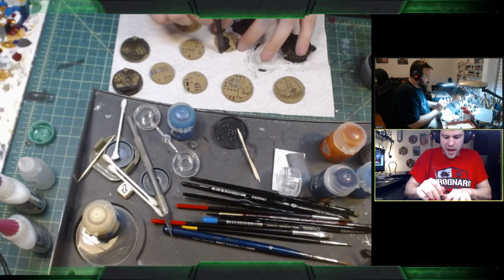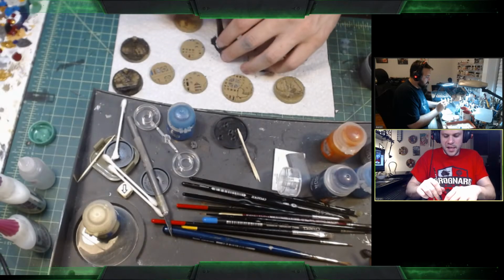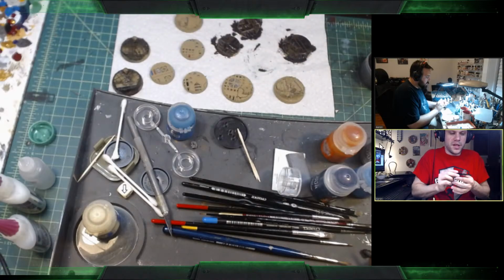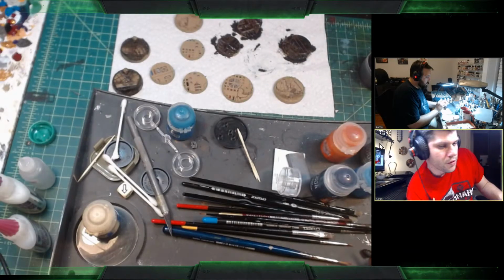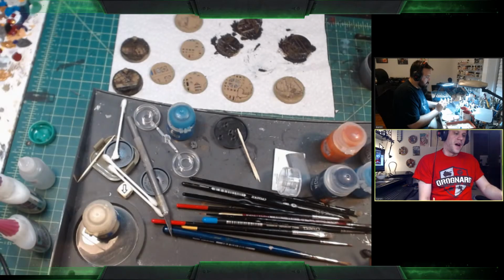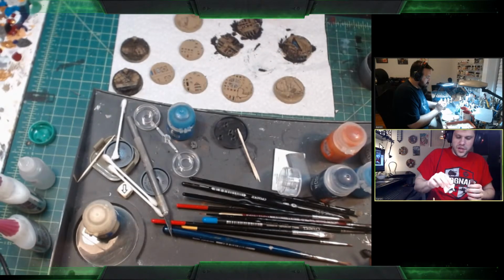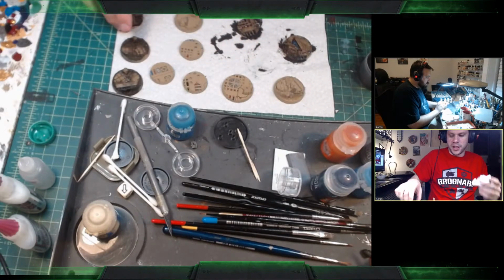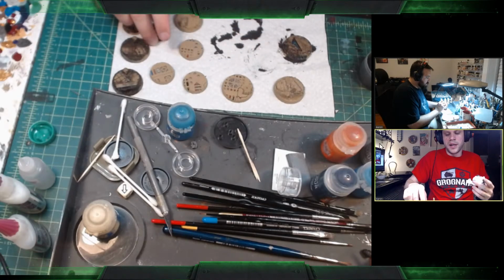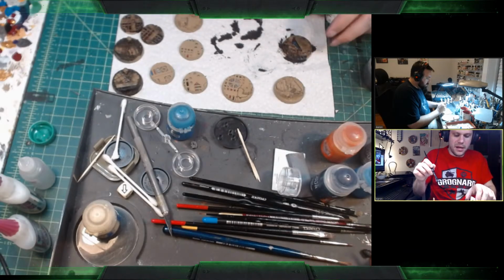No, I don't agree. I think that big blobs are going to be really, really important. Here's why. I think it's going to take 2 to 3 turns to chew through a big blob. So think about it this way: if it's 5 points for holding one objective, 5 points for holding a second objective, and another 5 points for holding more objectives than your opponent, then you use 2 big blobs to hold 2 objectives, getting 10 points, and you use an elite squad to contest or take the 3rd objective, and then you get max